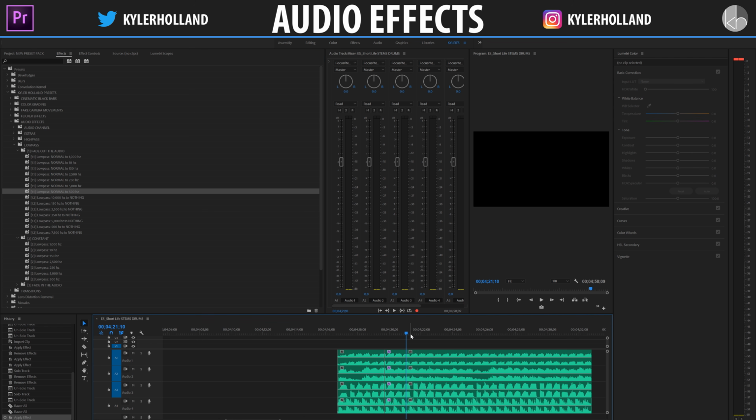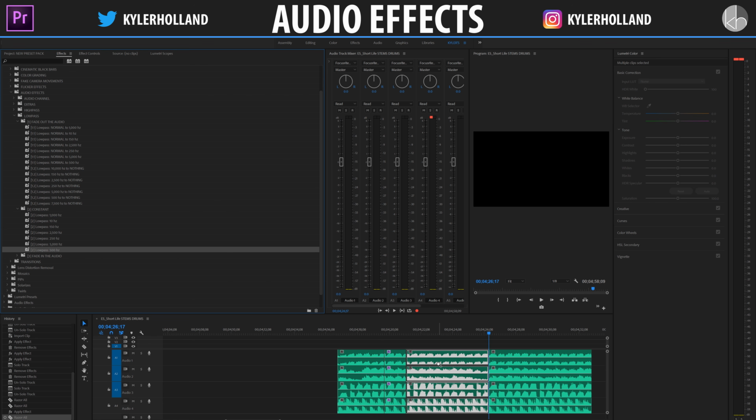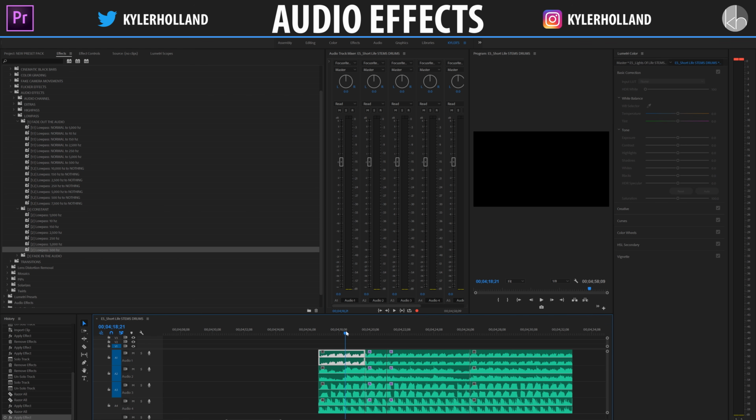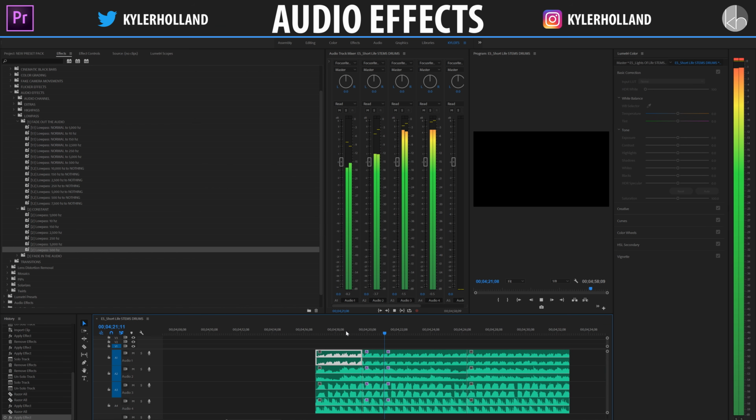right over here. So now we want to select the amount of time that we want our audio to play at that frequency. So this looks good right here. Hit C on the keyboard and hold Shift and that will cut through all of those clips. And let's select all of those clips and go to the constant folder and drag on low pass 500 hertz. This will pretty much allow us to go from normal like this, fade down, and then stay at a constant